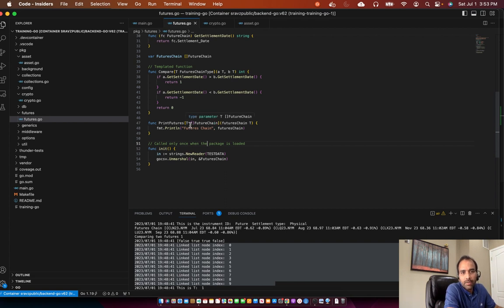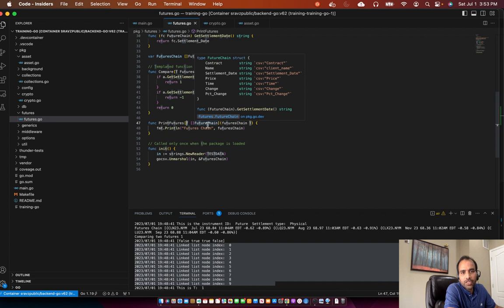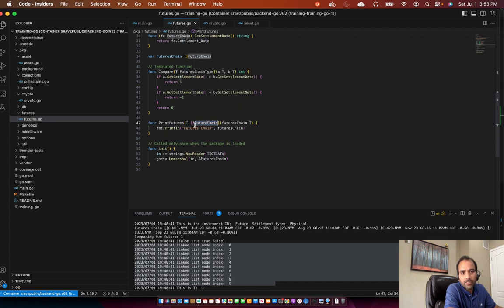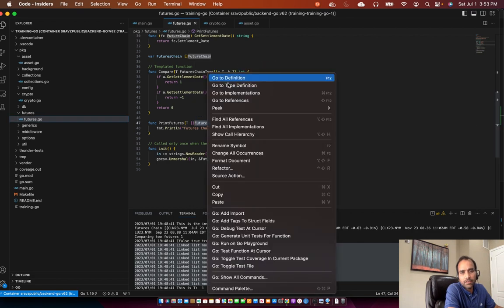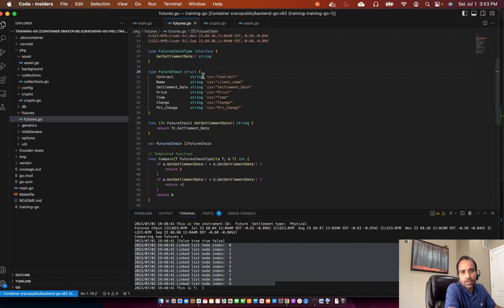So for example, my template parameter T is a template type parameter of type an array of future chains, and then this function expects future chain which is of type T, which we define the type here, and then we print the future chain. Now if you go to the future chain, it's a structure,